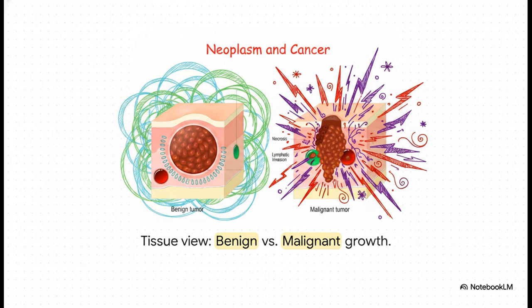At the tissue level, the physical difference is pretty stark. A benign tumor stays neatly zipped up inside a fibrous capsule. It might push against things, sure, but it never infiltrates. A malignant tumor has zero restraints. It actively breaks through normal biological boundaries. It can ulcerate the surface, and terrifyingly, it invades local lymphatic vessels and bloodstreams. That right there is exactly how it manages to metastasize to the rest of the body.